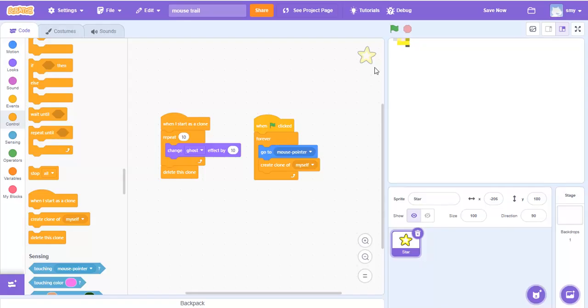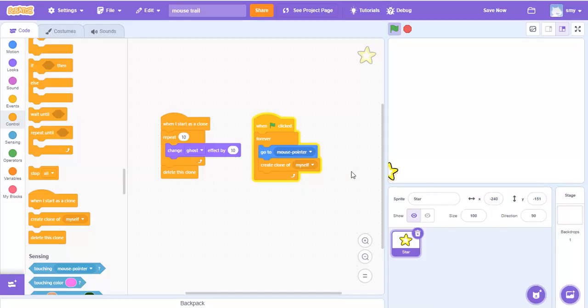Now test out the project. As you can see, now the star is following our mouse pointer, but it's making clones and it is making the project cooler. So basically the clones are changing the ghost effect by 10 and repeating this 10 times until they have fully disappeared. Then the clone deletes itself